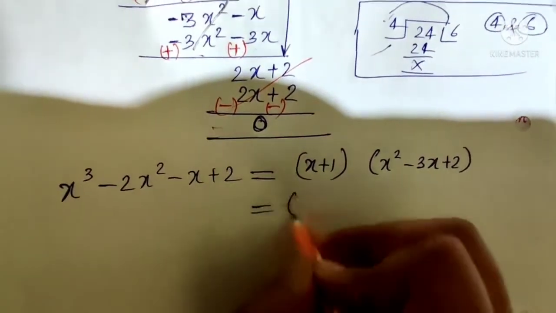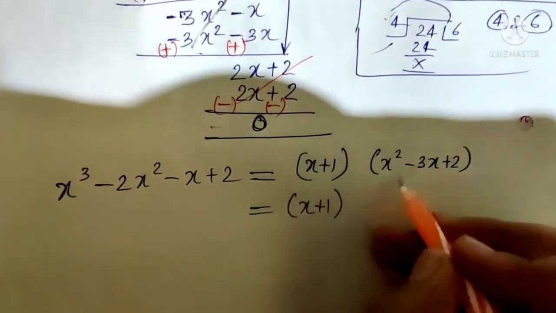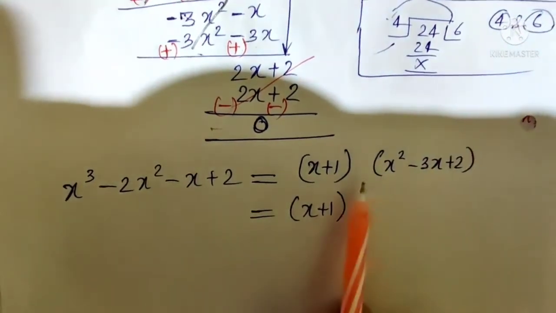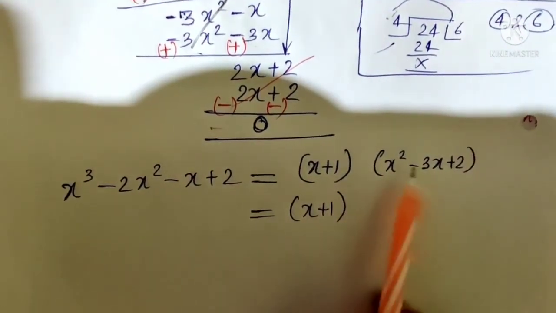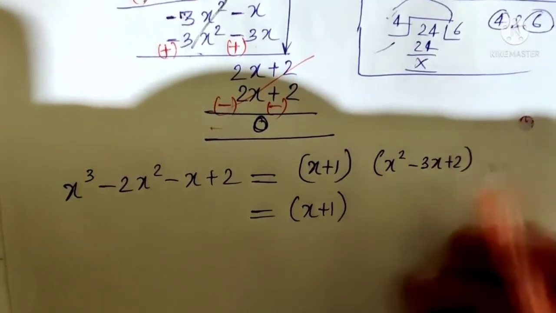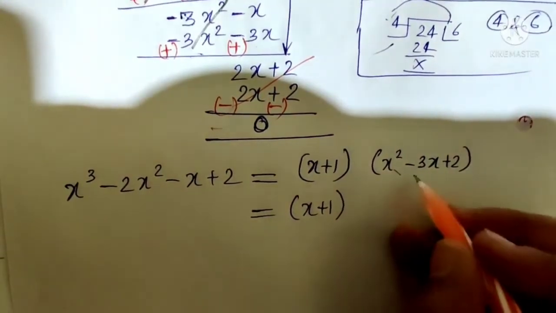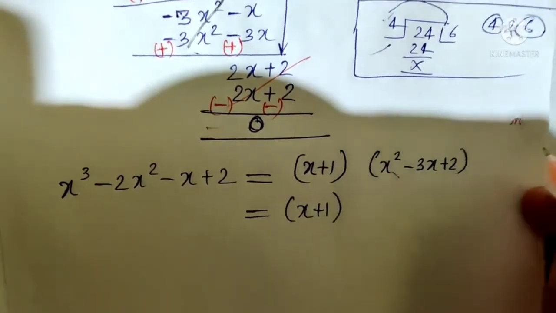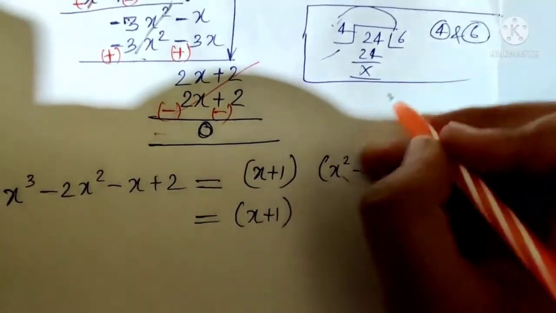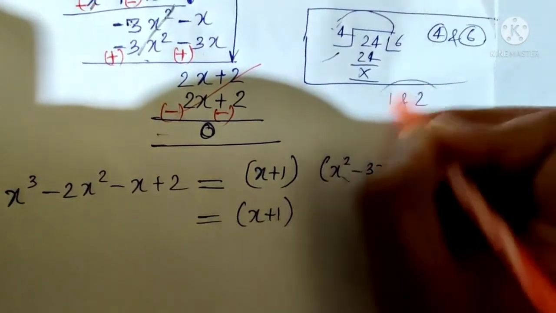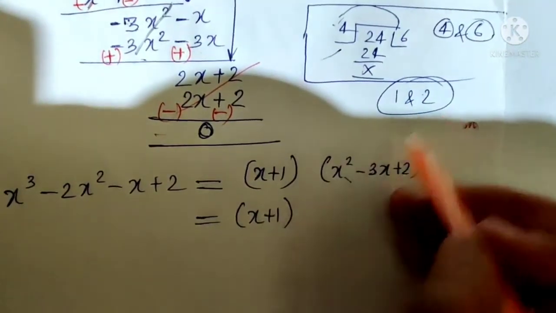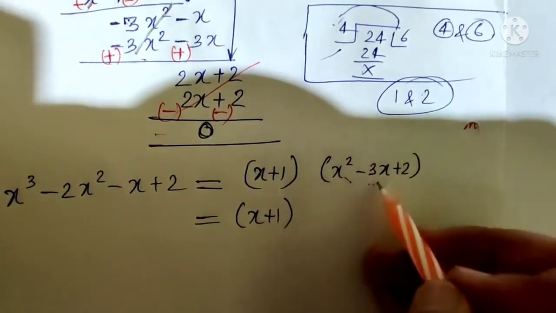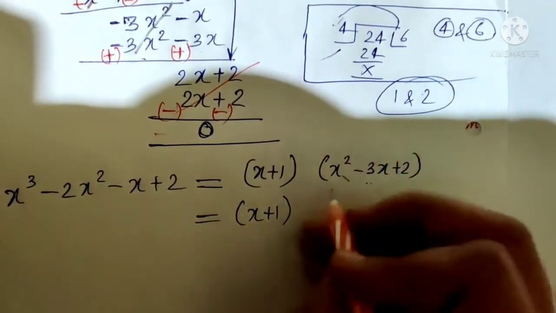Now look at this one. x plus 1, we will keep as it is. Look at this one. x square minus 3x plus 2. You have seen this type of question in question number 4 where 3 terms are there. So we can split more. We can factorize this one also. How? x square minus 3x plus 2. Here nothing is written, so at last 2 is there. What are the factors of 2? The factors of 2 are 1 and 2 itself. So by adding, the number should come 3. Adding or subtracting, the number should come 3. Or by multiplying, it should come 2. So 1 plus 2, yes, coming.